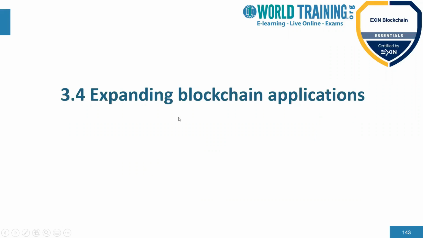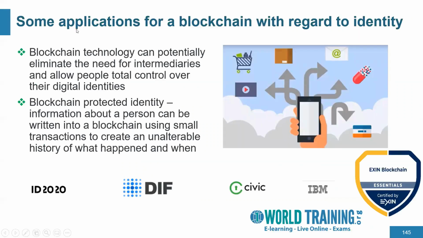Expanding blockchain applications. As we say, some applications for blockchain with regards to identity are already there in the system. Various organizations such as IBM, DIF, and Civic have already started working, or already have products for digital identity using blockchain technology. So blockchain technology can potentially eliminate the need for the intermediary